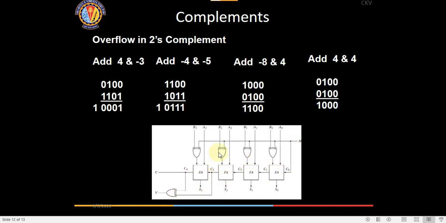Similarly, you just need to remember these conditions, where there will be overflow and when there will be a carry. Some questions based on these will come. So what is the purpose of the V bit over there? It will indicate the overflow, because if you have just a half adder and you add, say in this case, -4 and -1, how will the computer come to know that the answer is not correct? It is 0111, but this is not the correct answer. This is not -5. So I have to tell that it is an overflow condition.